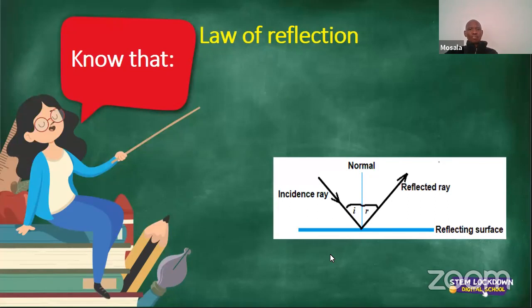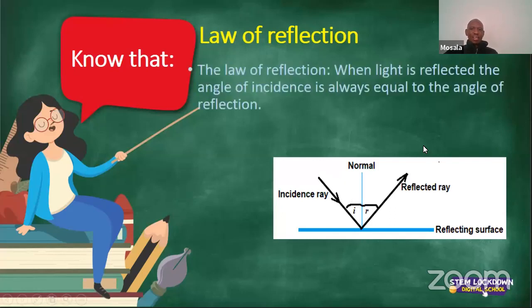Right, the law of refraction. The law of refraction simply says that the angle of incidence is equal to the angle of refraction. So let's just, when light is reflected,